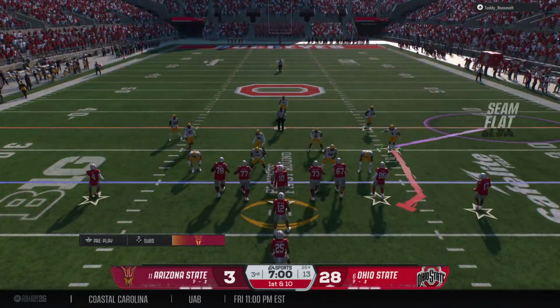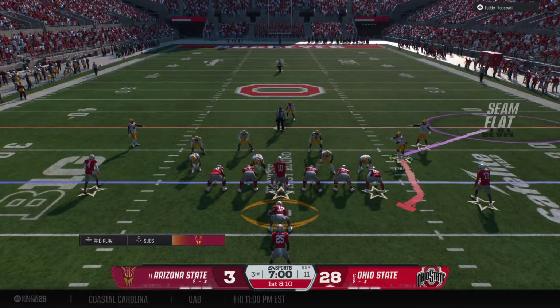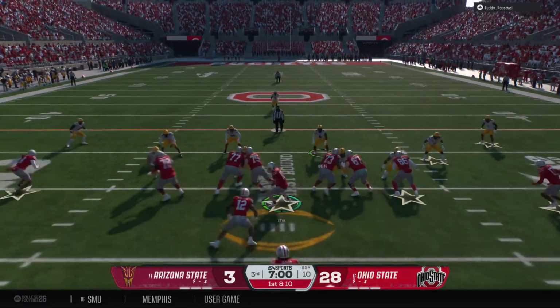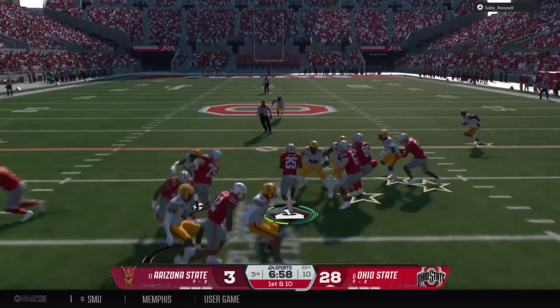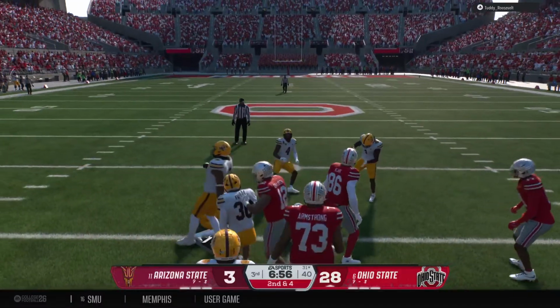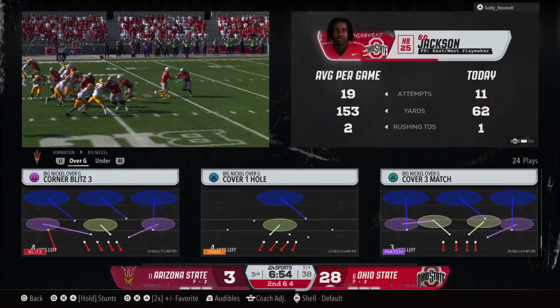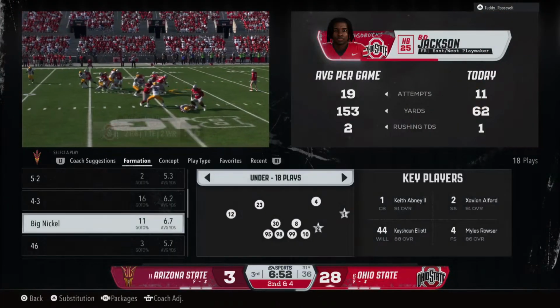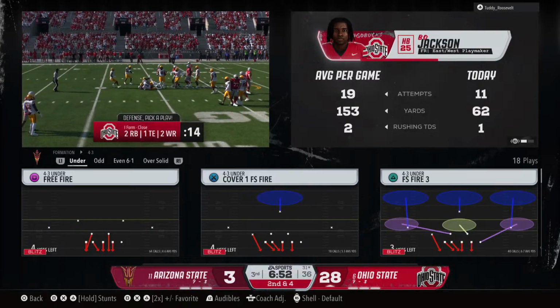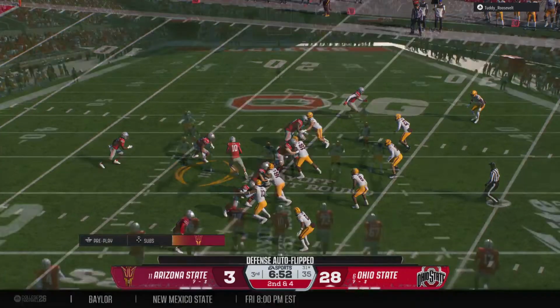Here comes the Buckeye offense onto the field. First play of the second half is a handoff. That one takes it across the 30-yard line. Man, you know, the back gets a lot of the attention here, and he's a good back. I love to see that offensive line win the...